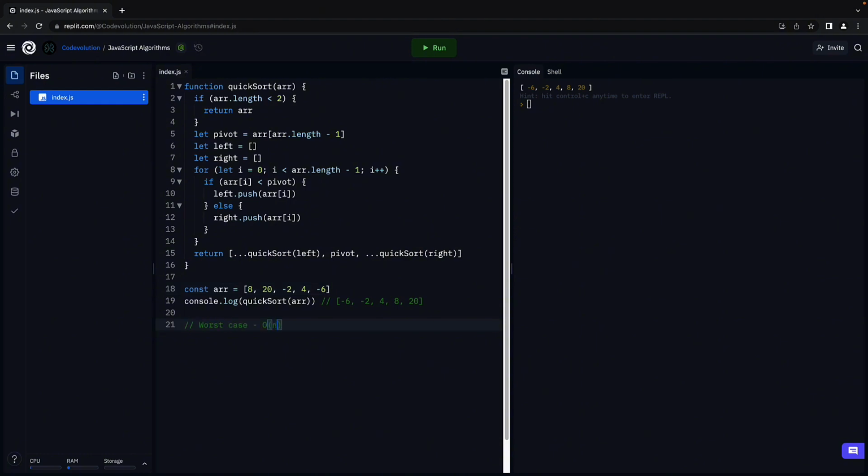As you can see, the worst case... then pick a pivot.